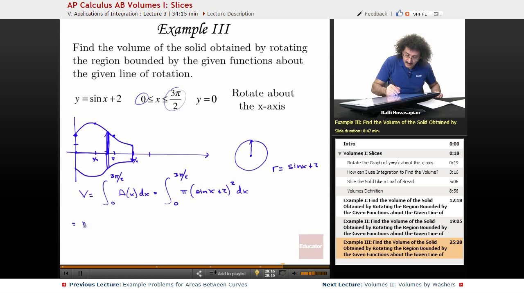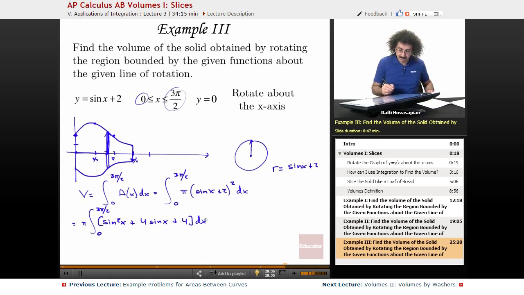I get pi times the integral from 0 to 3 pi over 2 of sine squared x plus 4 sine x plus 4